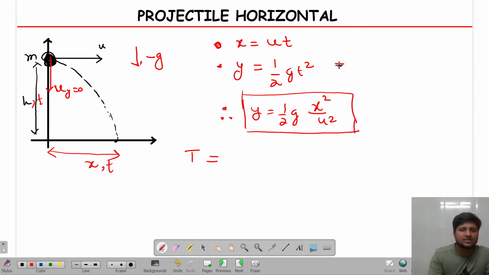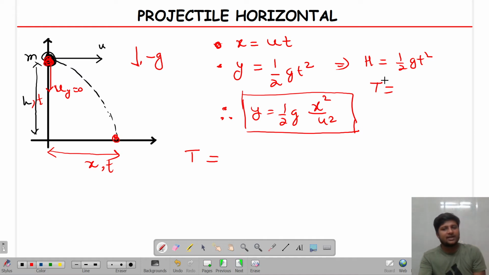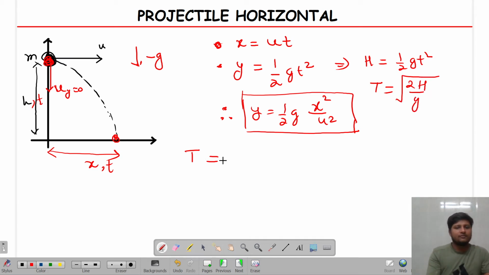Now look over here. See this. This y displacement is h, so that is equal to half g t squared, and the time of flight I can calculate from here. To travel this height, coming from here to here, it has done this displacement h in some time t, and that's why we call this the time of flight. T is equal to root over 2h upon g, and therefore as we know the time of flight, which is root over 2h upon g,